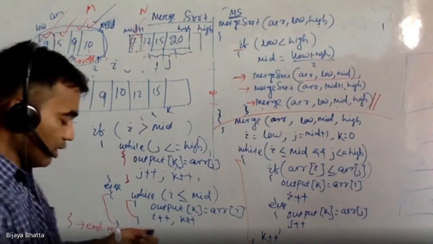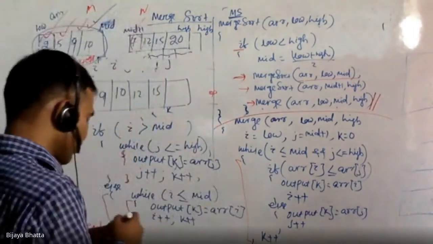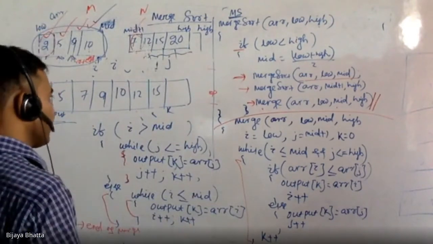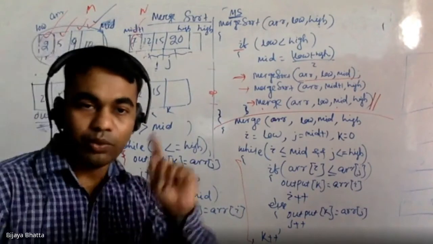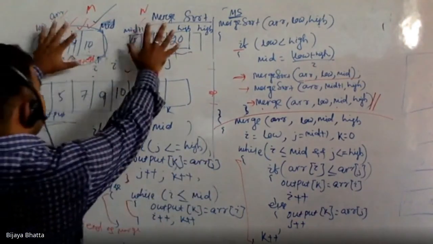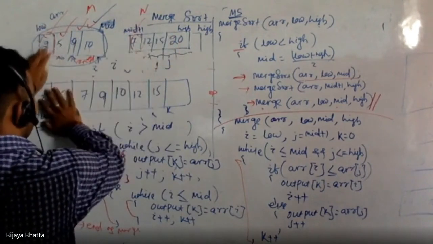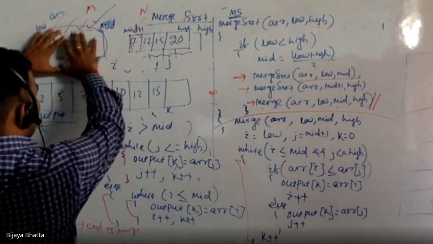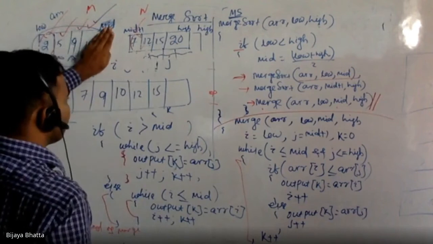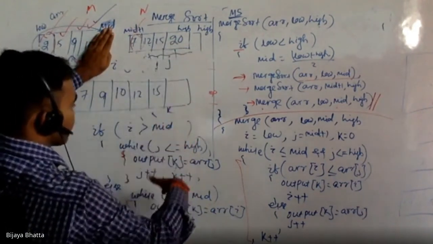Okay, so that's all about the merge algorithm, right? So if you carefully see, I will just quickly tell you in one line. So what we are doing actually, two arrays are given. So we are comparing and putting into an array, right? Suppose any of the arrays is completed, then all other elements we are just copying one by one and pasting into the new array.